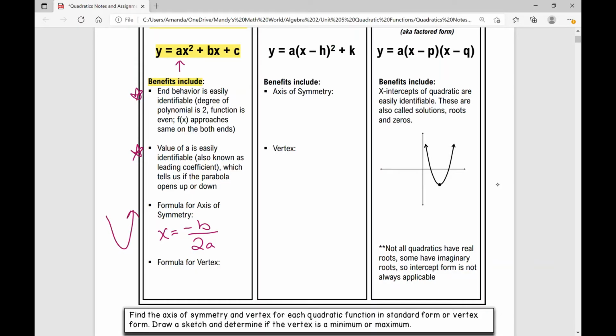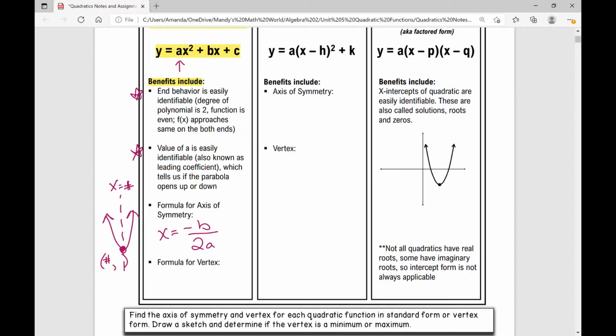If I have a parabola that looks like this, my vertex is right there. That axis of symmetry goes through that vertex. X equals whatever number that is, that's going to be the x value